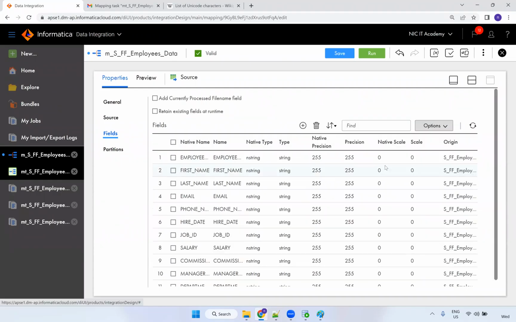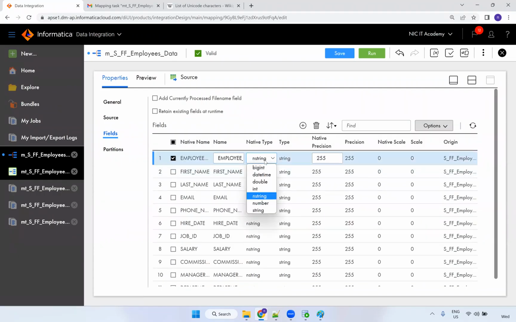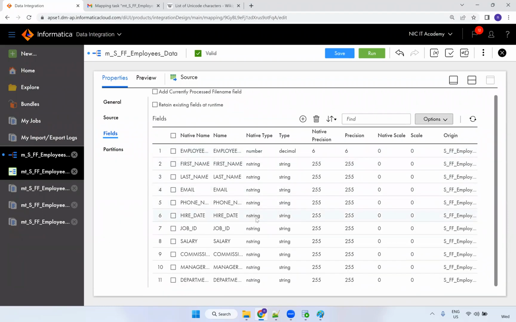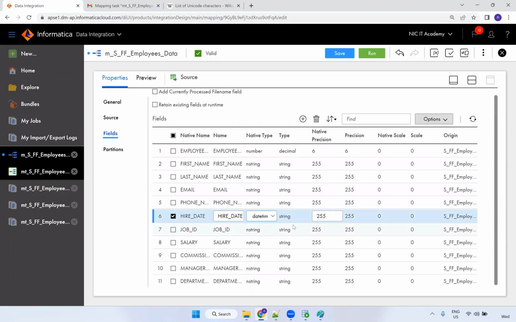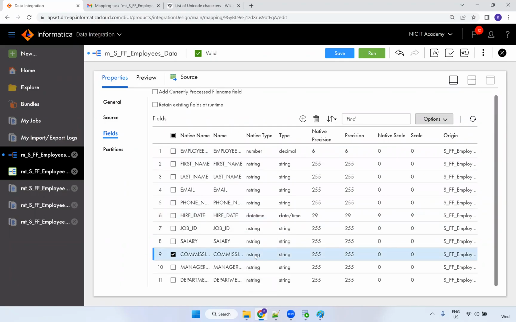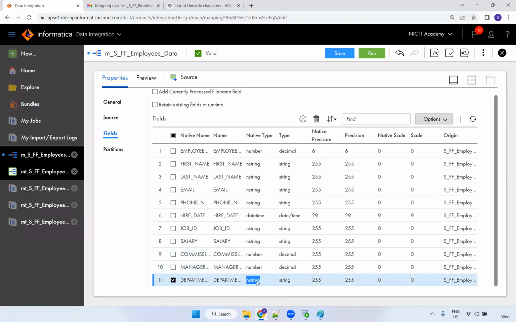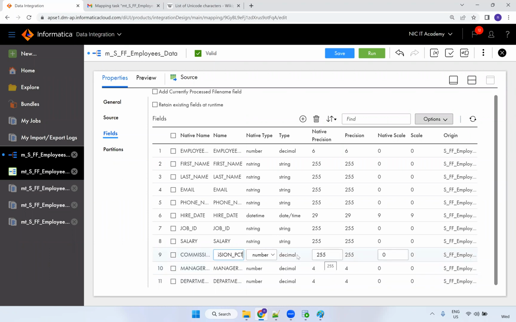You can go to edit metadata, and the same way you have to edit it here also. So number of 6. Hire date is date and time. Commission percentage is number. This is also number. Number of 4. Number of 4. And here also I'm using number of 4. So I'm not using